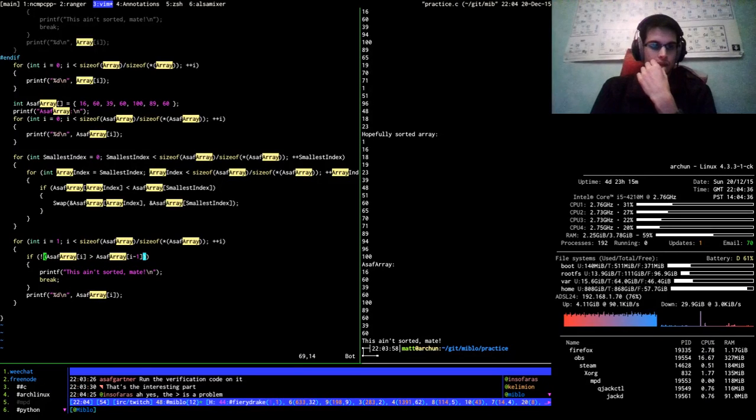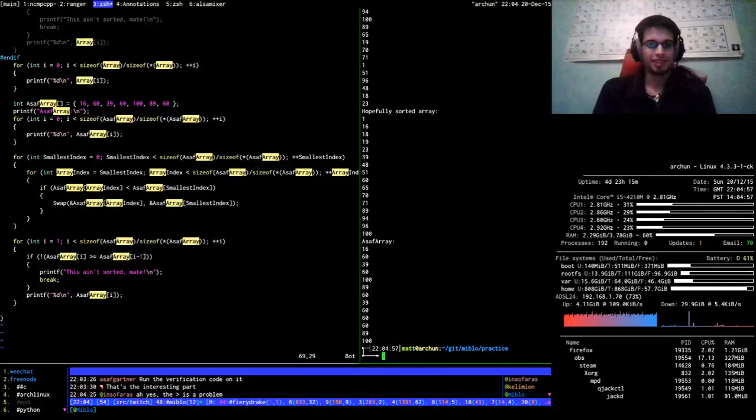So if this, so if not, a suf array is greater than, right. True.